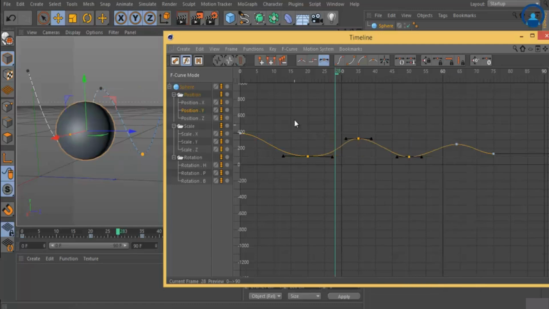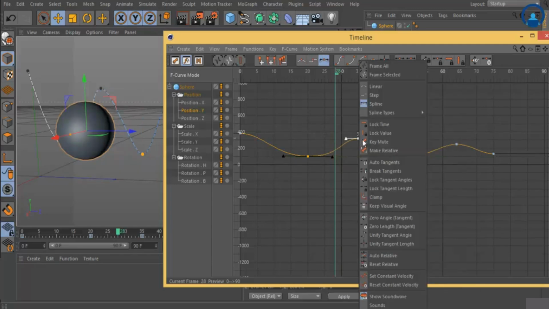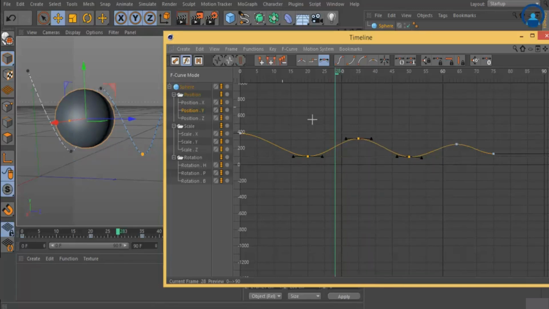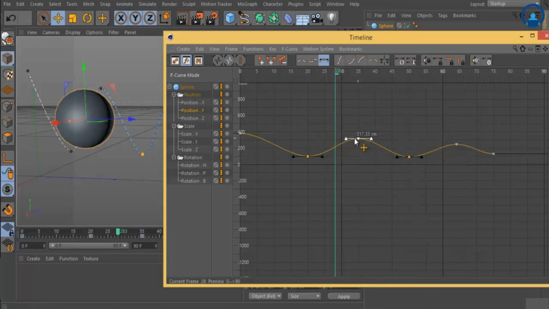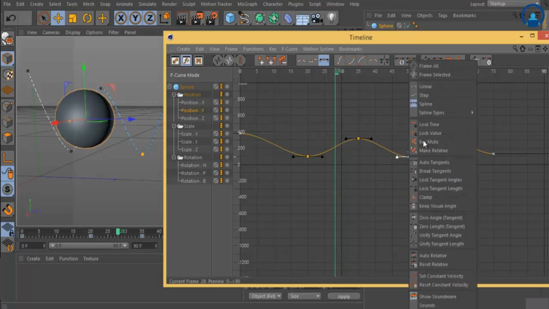Again in spline they give different type of spline type over here. Right click, spline type: soft, ease in, ease out, easy ease, or different kind of things are there. I just keep it there as a soft, or I can select them and right click it, spline type, I keep it as a easy ease. Okay, it looks same. So just right click, spline type. Okay, my mistake.